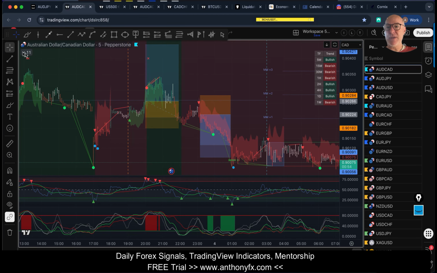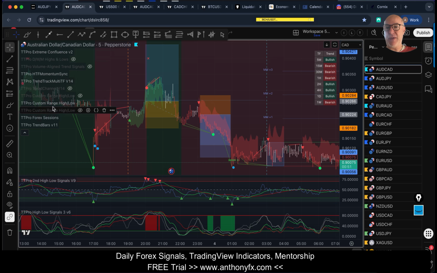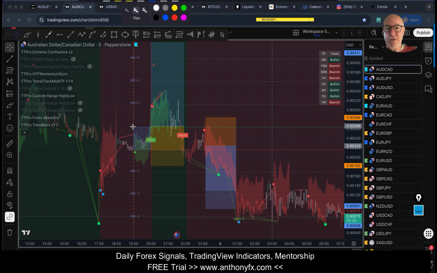So what we're doing with this is we're marking up the initial range after the session opens. If I click this, see how this has created a box covering the first hour. Generally speaking, any volatility is going to play out as it did here. And usually around the session open, you'll find that it'll trade in one direction and then turn around and head in the other direction. So we allow the first hour, this box that I've just marked up here, for that